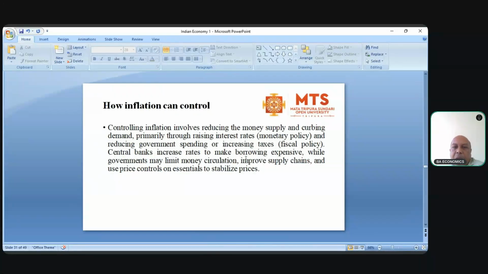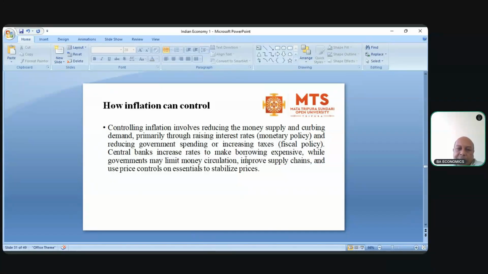So, question: how can inflation be controlled? What type of policy does the government use for minimizing or controlling inflation? In this case, the government may use monetary and fiscal policy for controlling inflation. In monetary policy, two important instruments in the hands of the government, RBI or the Federal Bank, are the interest rate and money supply. During high inflation time, the government tries to increase the rate of interest